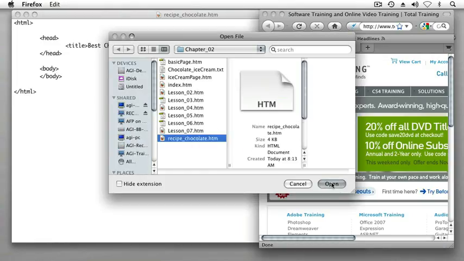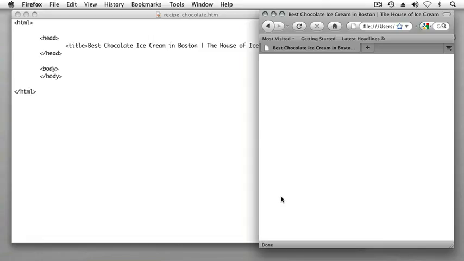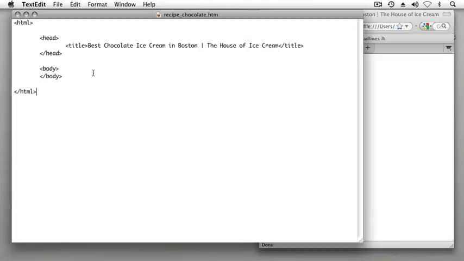And if I open that file, I can see I've got nothing on my page because we have nothing in our body tag, but I can see that title, Best Chocolate Ice Cream in Boston, House of Ice Cream, which we have in our head element, is displayed at the top of the browser window. So if I switch back to my HTML,